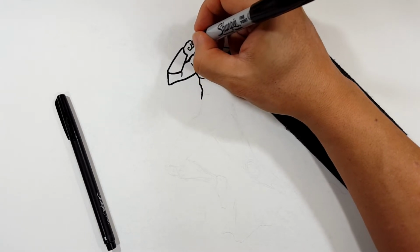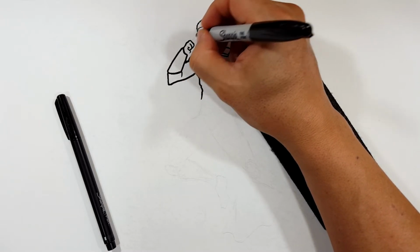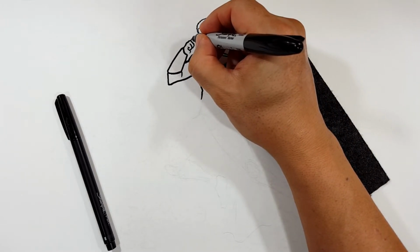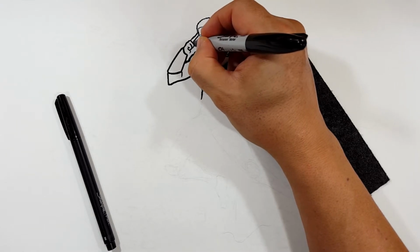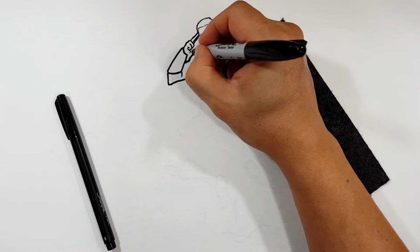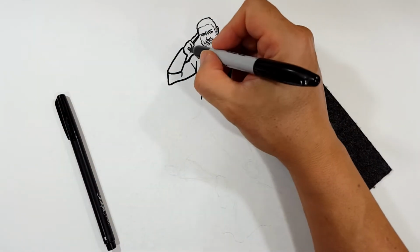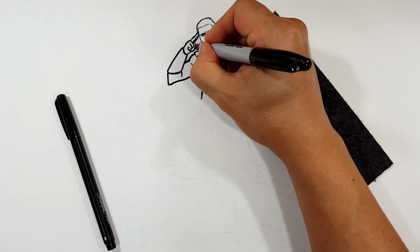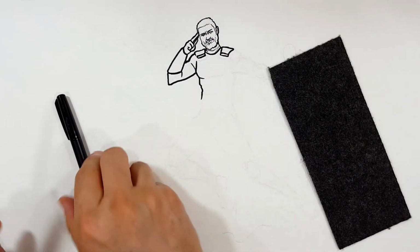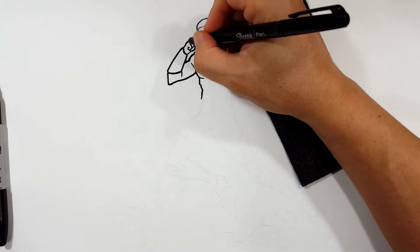So that means we can see the middle finger in front of the index, like this, and then the thumb is kind of, he's kind of doing like this. So I'm going to draw like that. Okay, now let me come back with a little bit of detail from what I can do, just to try to